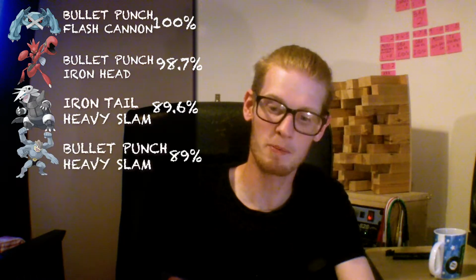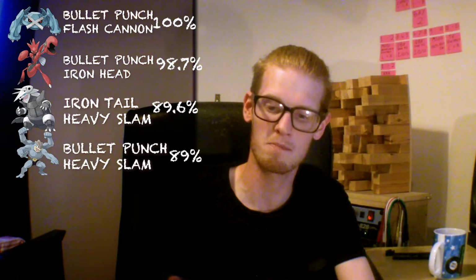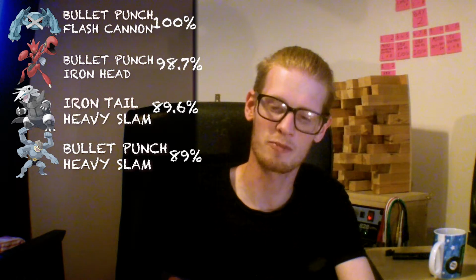89.56%. Number 4, not even a steel type, is Machamp with Bullet Punch and Heavy Slam. That's 88.95% as effective. Number 5 is Alolan Dugtrio with Metal Claw, Iron Head. That's 86.57% as effective. And number 6, again, not even a steel type, Aerodactyl with Steel Wing Iron Head. That's